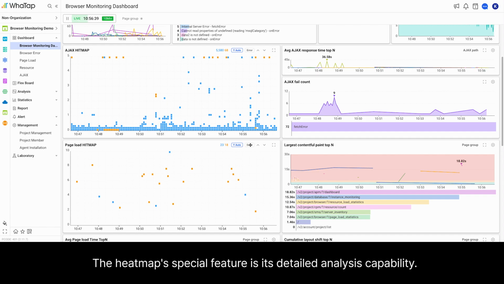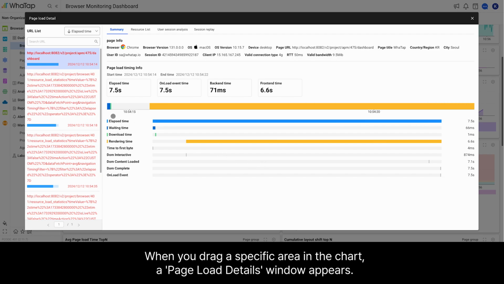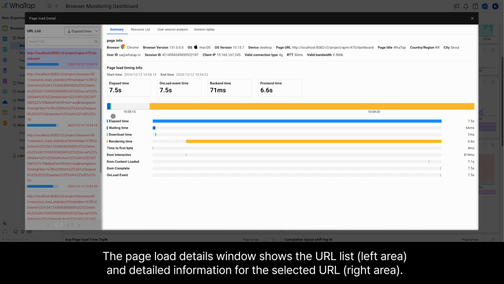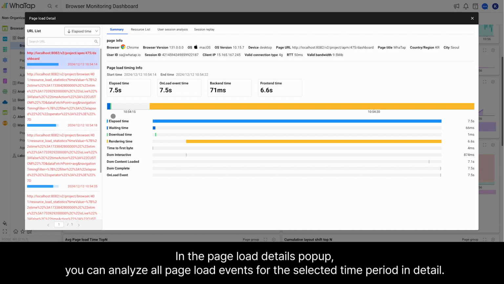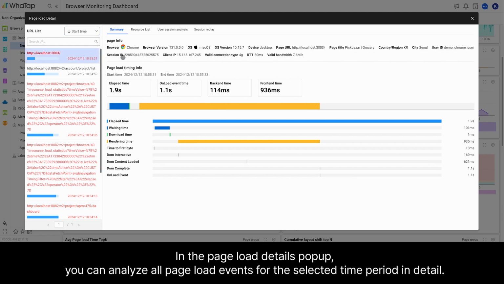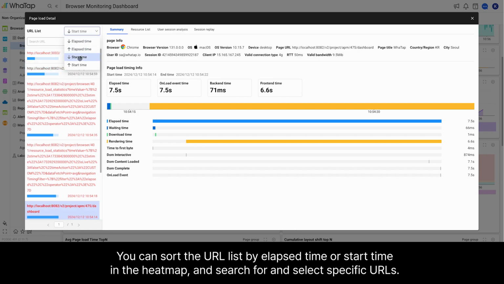The heat map's special feature is its detailed analysis capability. When you drag a specific area in the chart, a page load details window appears. The page load details window shows the URL list and detailed information for the selected URL. In the page load details pop-up, you can analyze all page load events for the selected time period in detail. You can sort the URL list by elapsed time or start time in the heat map, and search for and